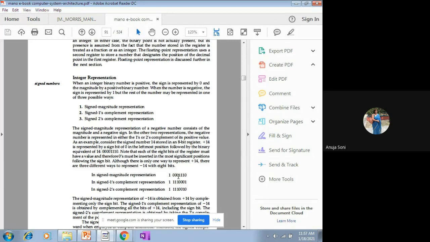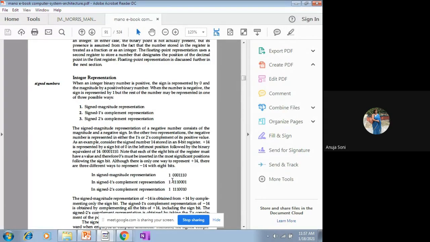So these negative numbers may be represented in 3 forms: either signed magnitude representation, or 1's complement representation, or 2's complement representation. Given a number in front of us having a sign bit as 1 means the number is negative. Then in order to represent it in the 1's complement representation, we need to take out its 1's complement. So by taking the 1's complement, 0 will be replaced by 1, 1 will be replaced by 0, 1 again will be replaced by 0, this 1 will be replaced by 0, 0 will be replaced by 1, 0 will be replaced by 1, 0 will be replaced by 1, but the sign bit 1 will remain as such.